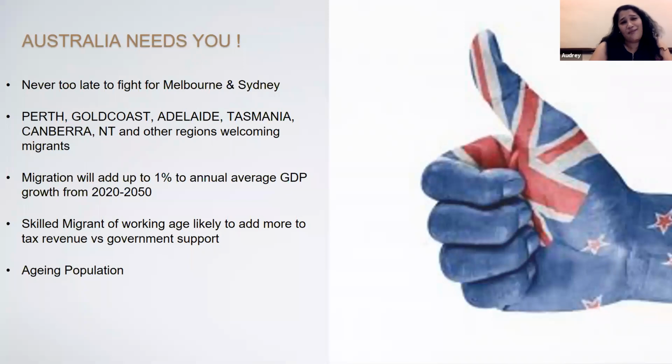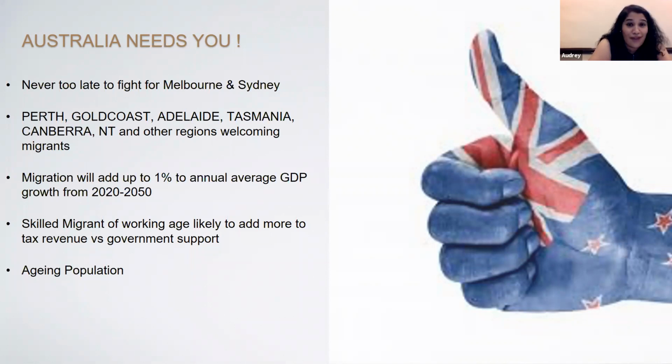So as much as I've been telling you that Australia migration is getting tougher, and the route to a PR may be tougher, the reality is migration is still welcomed in Australia. Migration is very, very important for Australia. It's still never too late to fight for places like Melbourne or Sydney, which are not regional areas. But to do that, of course, you need to have very high points or a different category of occupation. There are still ways around it. We have to study that for you to see if that is suitable or not. But if it's not an option for you,